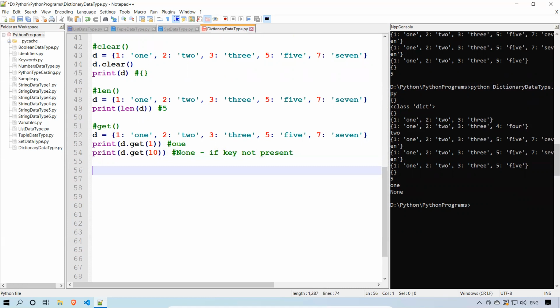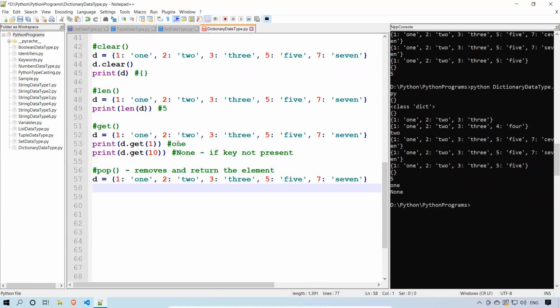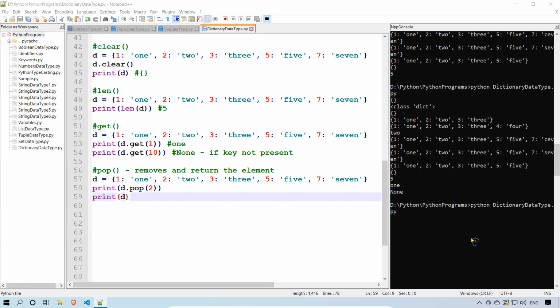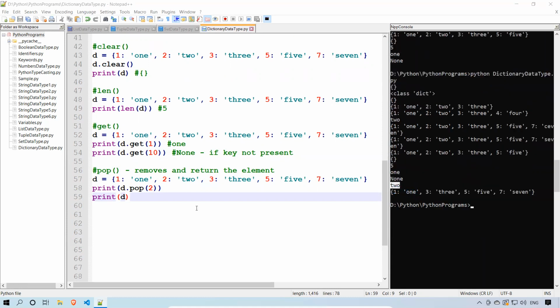Okay, so we'll see pop. It removes and returns the element. So I'll take the same example again. Print D dot pop of 2, and then I'll also print the entire D. You need to observe this. You see that it removed 2 and has given the value.